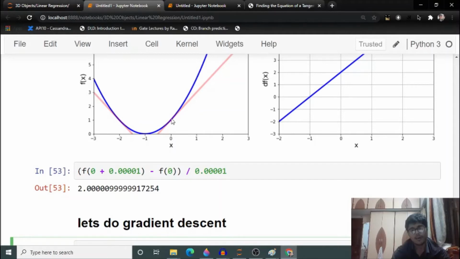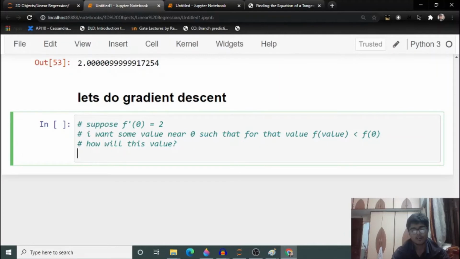some value. And what will be that value? Let me explain. You will subtract some value from 0, but what is the value? Gradient descent suggests that the value will be the slope at that point 0, which is f prime of 0, times the learning rate.